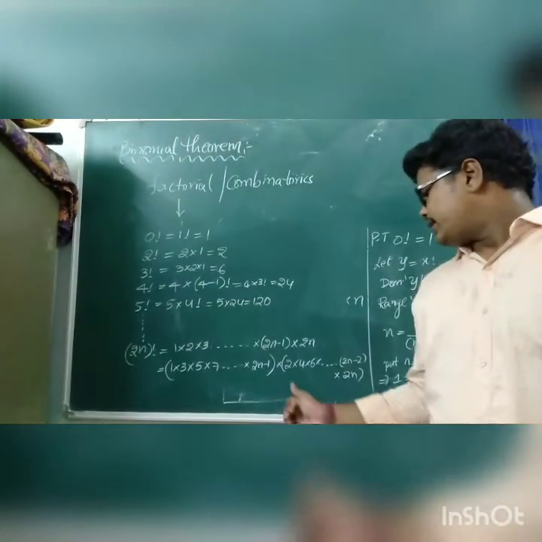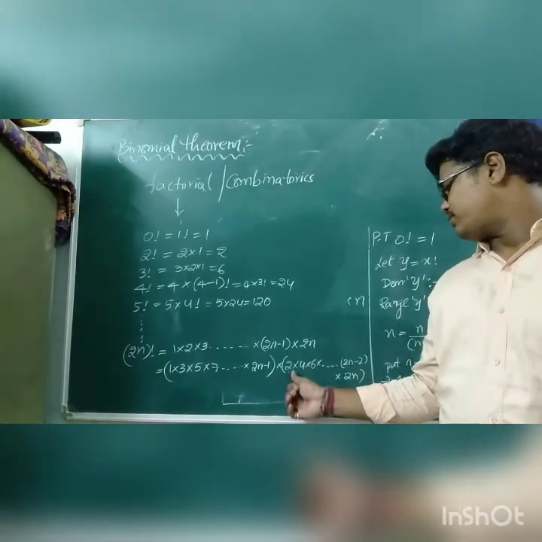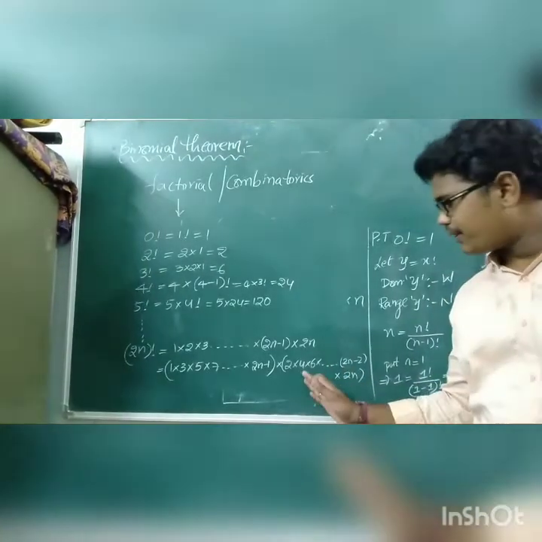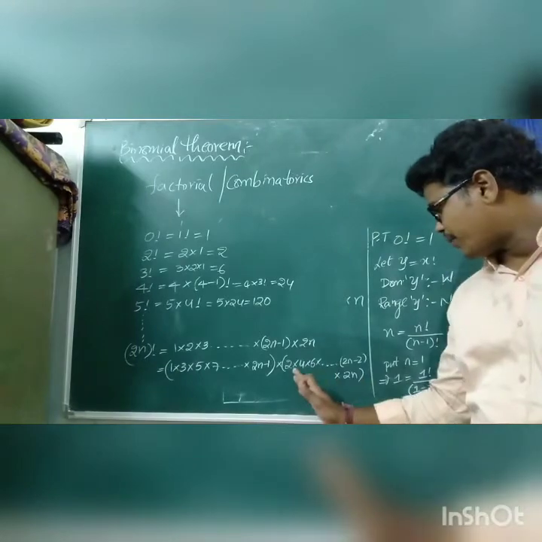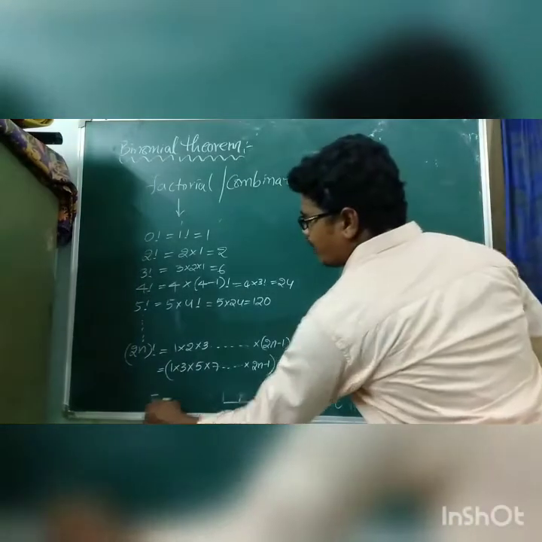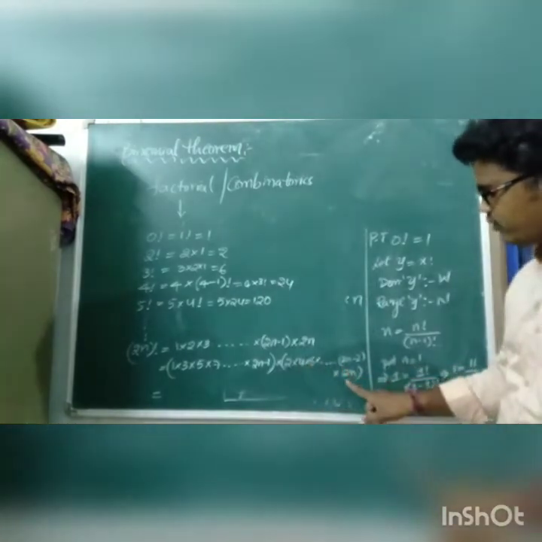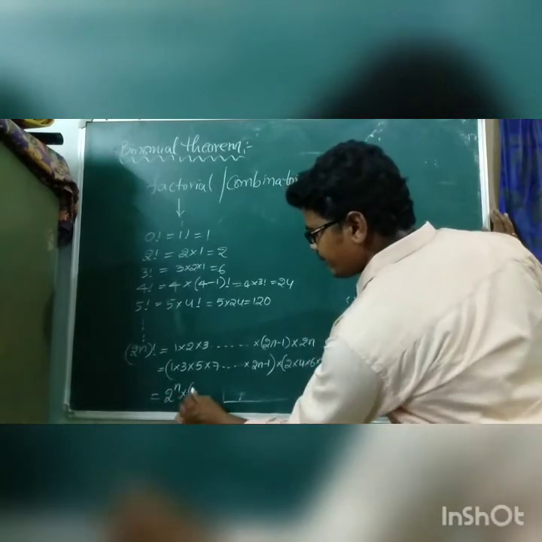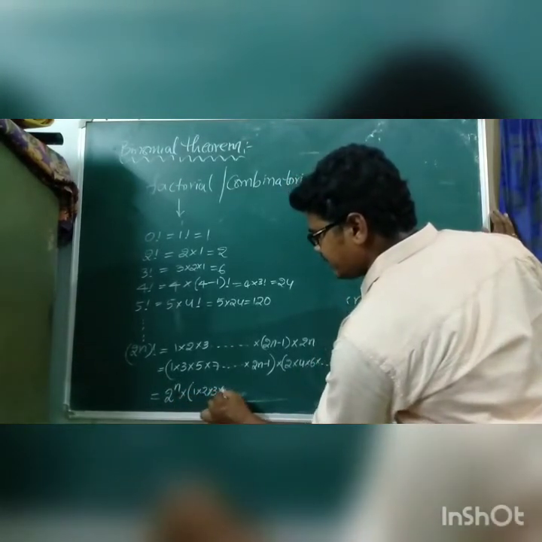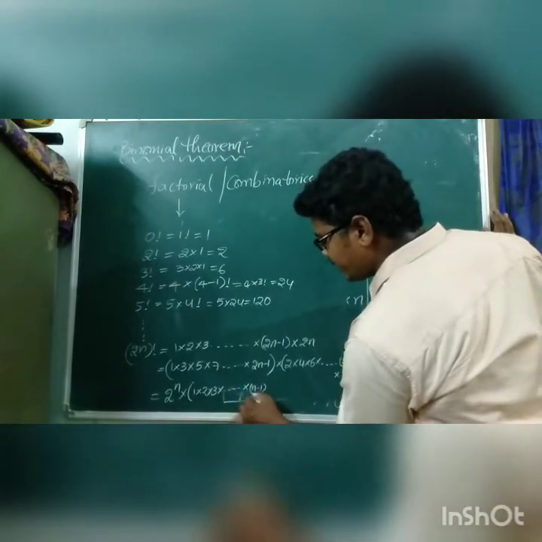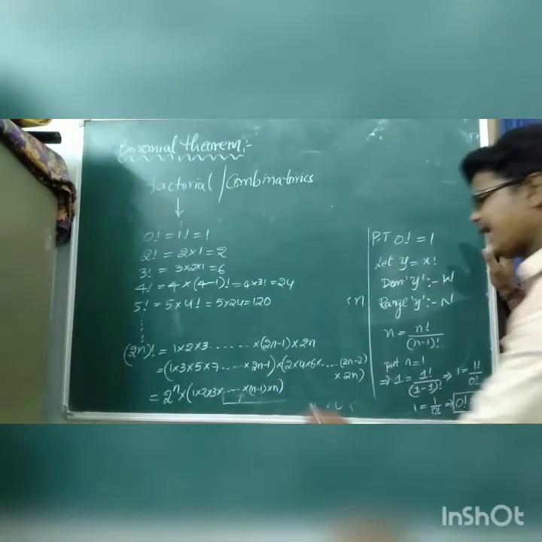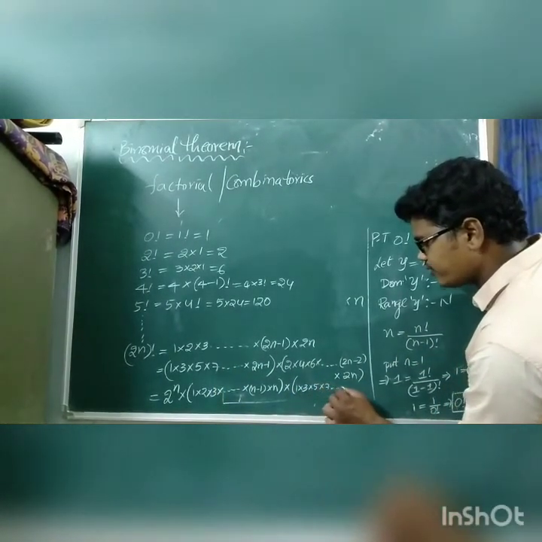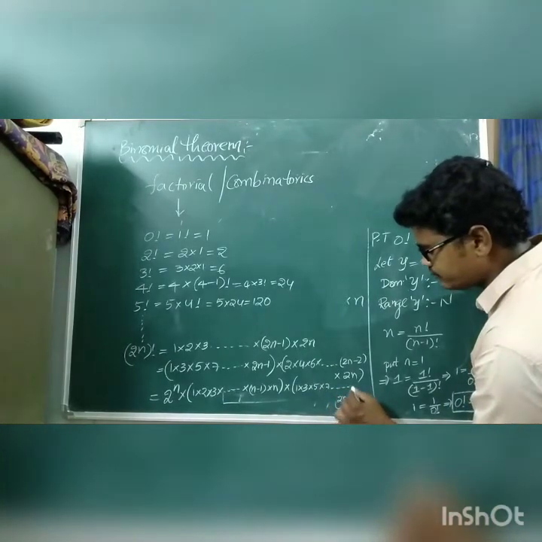See here, if you observe the multiples of 2, here 2 into 4 into 6 and so on, 2n minus 2 into 2n, we can take 2 as common among these products. Means how many 2's are there here? 1, 2, 3 and so on, n. Means I am writing 2 to the power n, and the remaining I consider as 1 into 2 into 3 and so on into n minus 1 into n. And later write down the odd terms, 1 into 3 into 5 into 7 and so on, 2n minus 1.